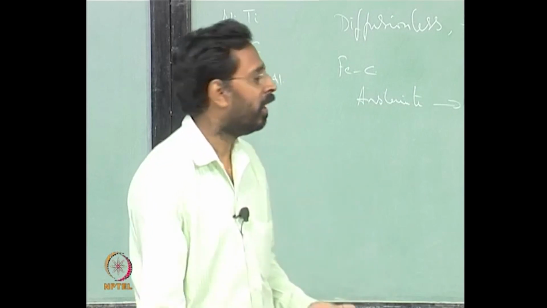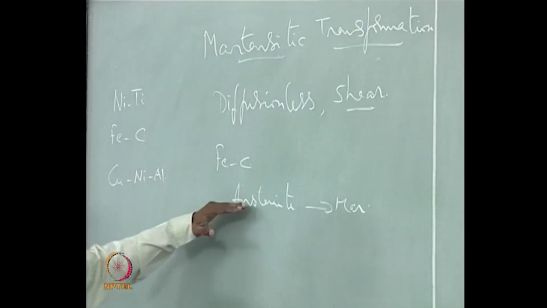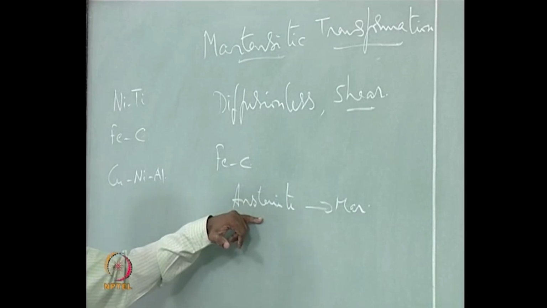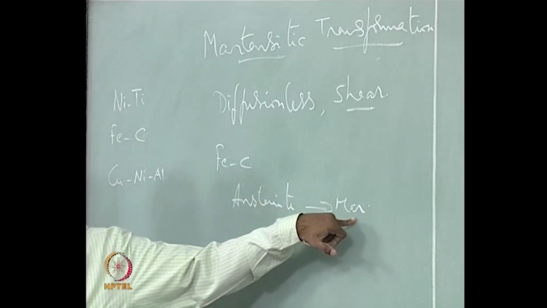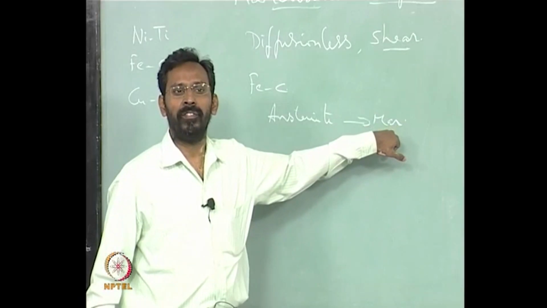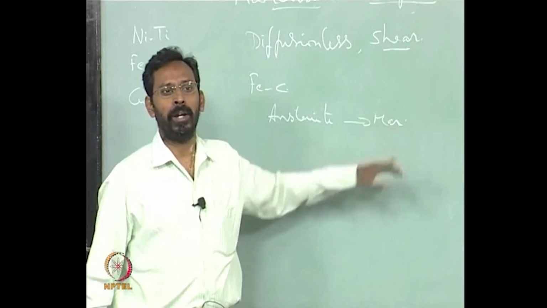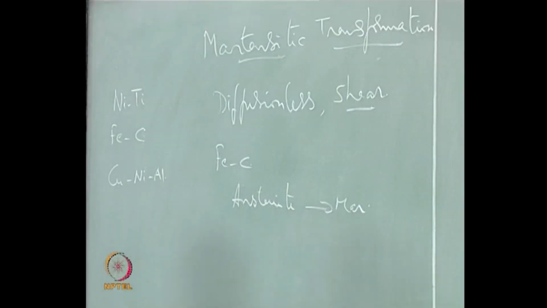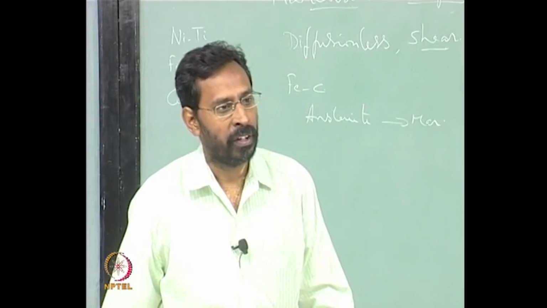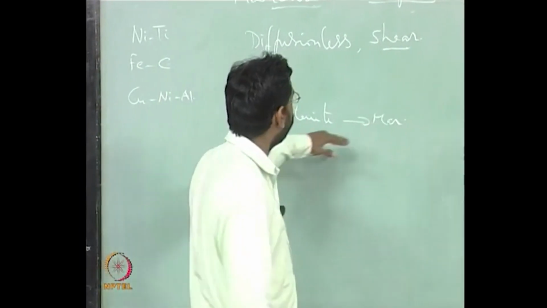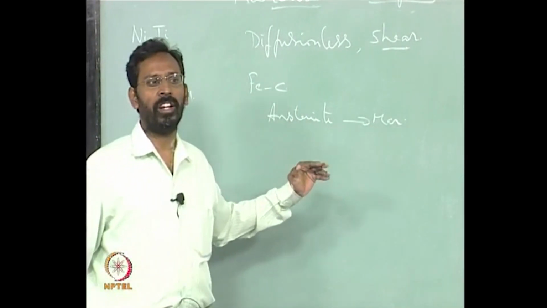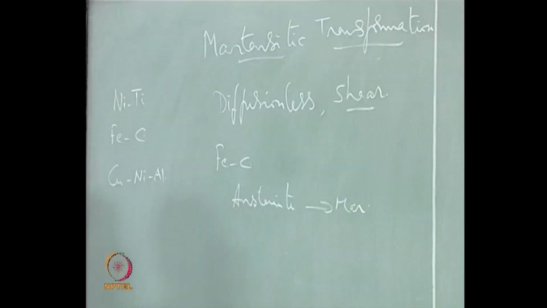The reason is that you know that it is only one structure transforming to another structure by a shear, whereas pearlite or bainite are two phase mixtures. So it is not possible for a two phase mixture to shear to give you one single phase. So whenever we are talking about a shear transformation, it is one structure where you have a shear along a particular direction taking place to give you a martensite. So if you look at that,